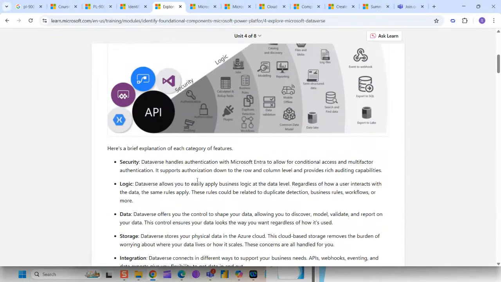So here is a brief explanation of each category of features. The first one is security. Dataverse handles authentication with Microsoft Entra, so it is Azure Entra, to allow for conditional access and multi-factor authentication. So it supports RBAC policy. So here you can configure RBAC